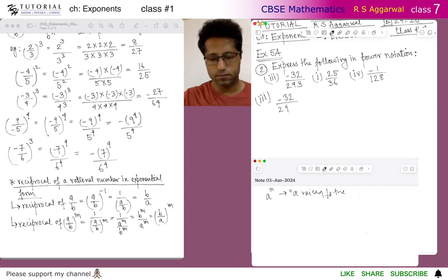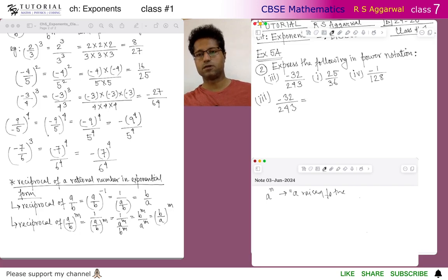We have to convert this into exponential form, that is, some rational number raised to the power of some positive integer. Now the standard way is that we have to factorize the numerator and